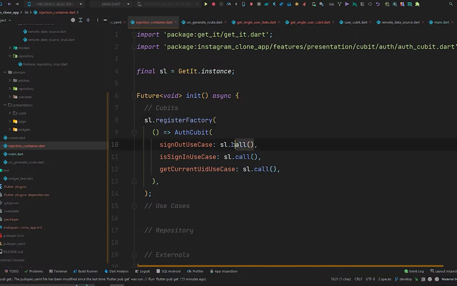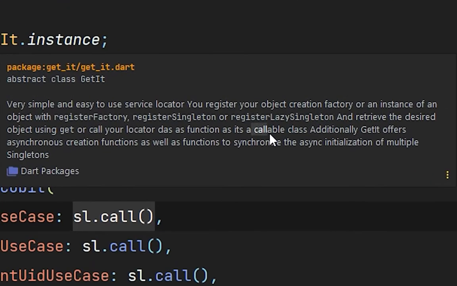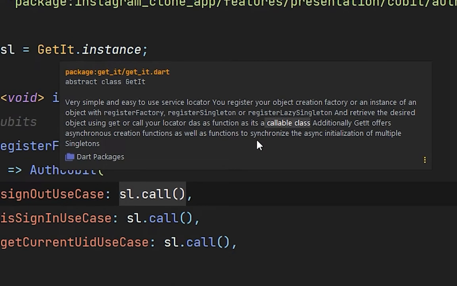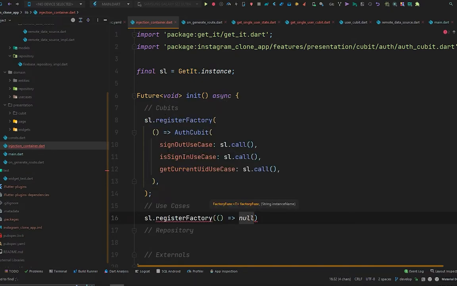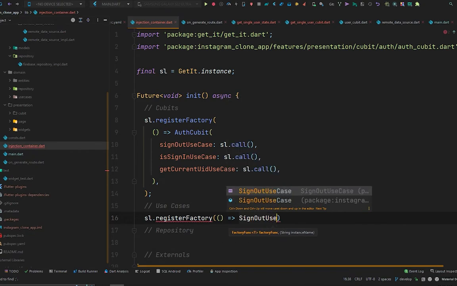And now let's come to this sl.call. What does this sl.call mean? This sl.call works because getIt is also a callable class. You can see it here. By doing this, getIt will start looking for the registered types, much like we are registering this auth Cubit. So like this, we are going to have the sl.registerFactory, and this will search for the sign out use